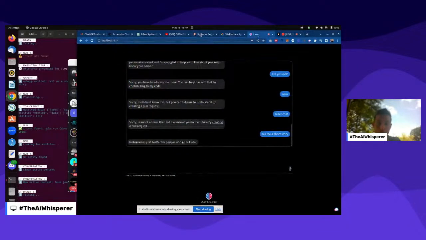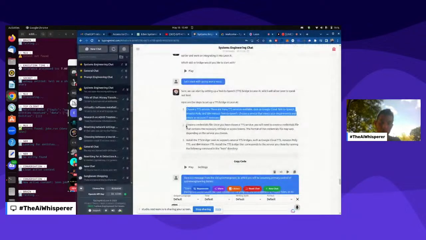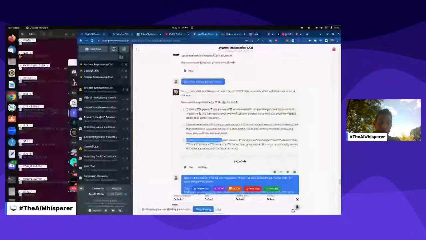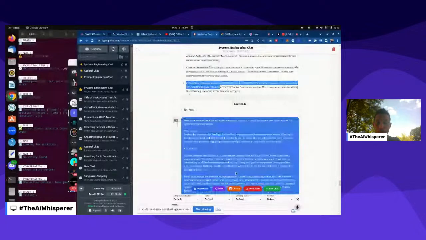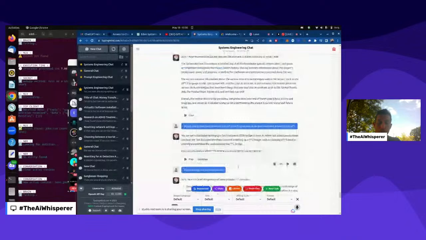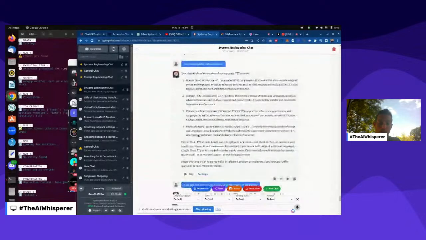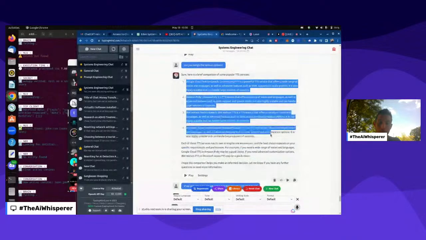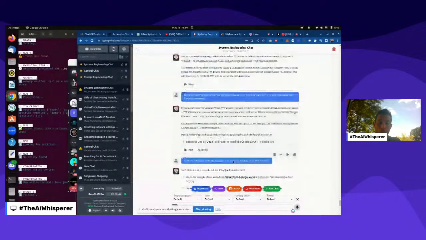Create credentials file. Once you have the service selected, we'll create the credentials file that's necessary for the API. And then install the bridge. Leon AI supports several TTS bridges, such as Google Cloud TTS, Amazon Polly, etc. We're going to be going with Google for simplicity's sake right now. So to do that, here's a list of available text-to-speech bridges that we can utilize with Leon AI. But we're going to go with